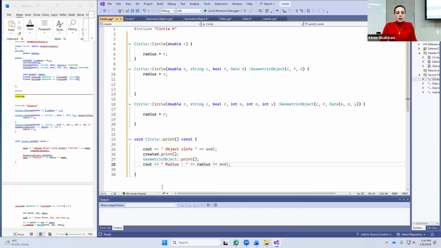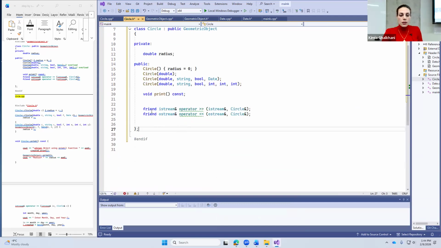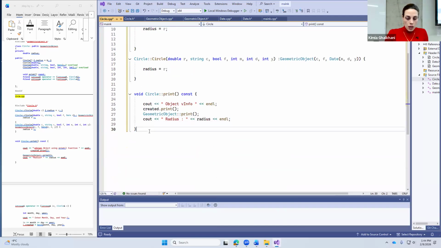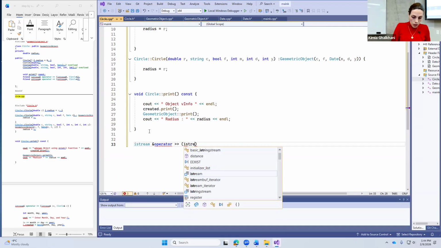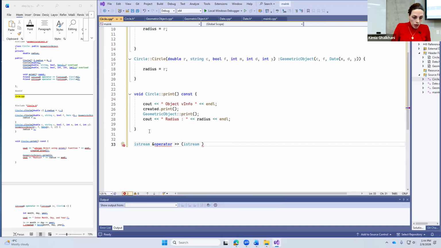Done. And now if I go back, all I have left is my IStream and OStream. I'm going to add those. For IStream, just type IStream and operator. And remember, it was input. Therefore, shift is toward this way, then IStream. And then right after that again, the operator. Since this is input, I'm going to call it N. Pay attention, later I'm going to use this one as a command to input. Then circle is the class name and operator. And for the class name circle,